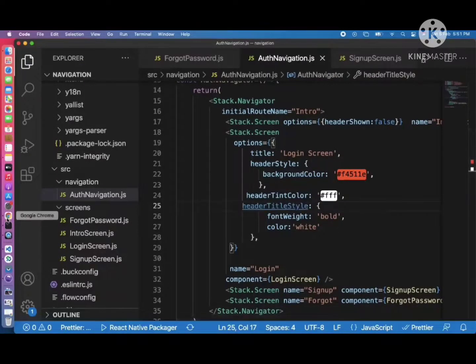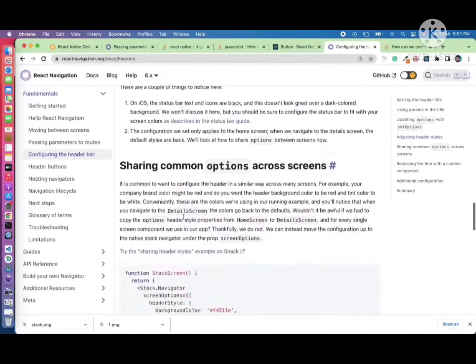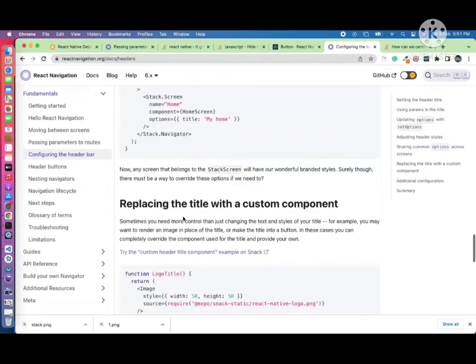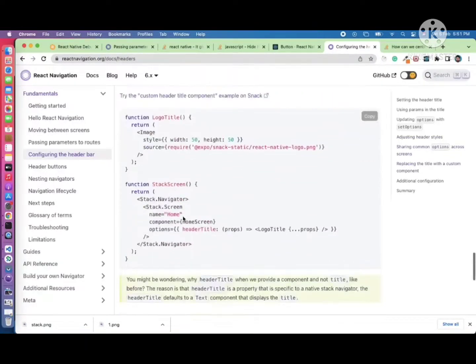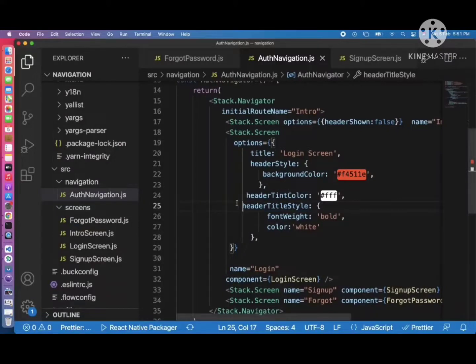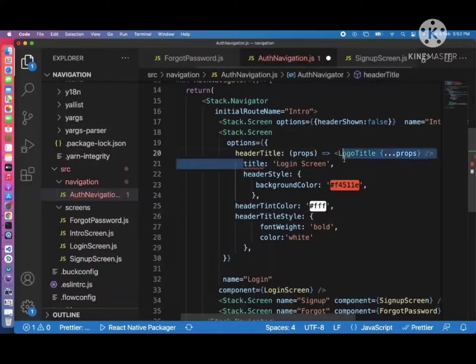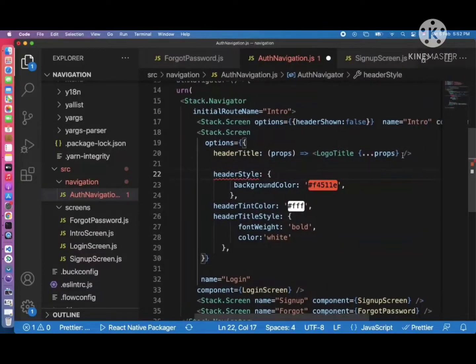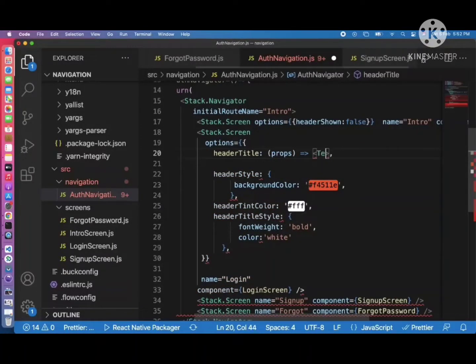Now the next thing we can apply, just check out the documentation. We can just also pass what are other properties available. Yes, we can have custom header style. We can just add a header style here. Rather than title, we can just have a header title section here. So inside here I am just passing one more thing, one JSX text. Okay, style I am just giving